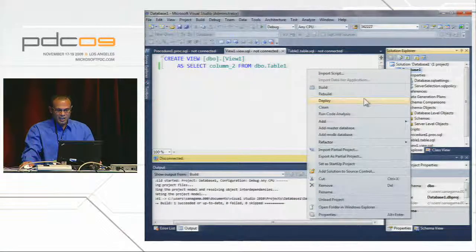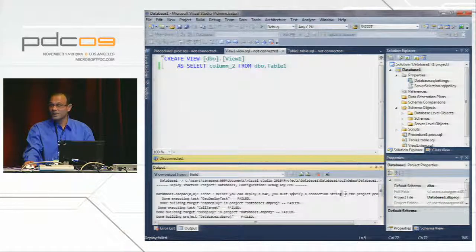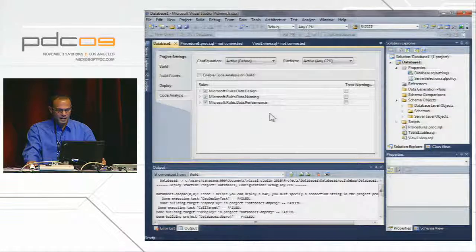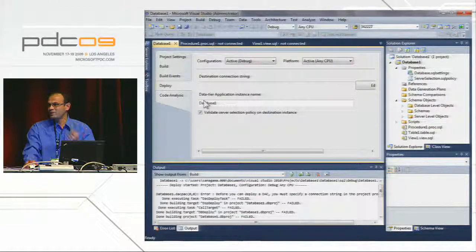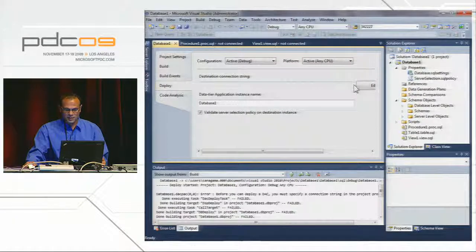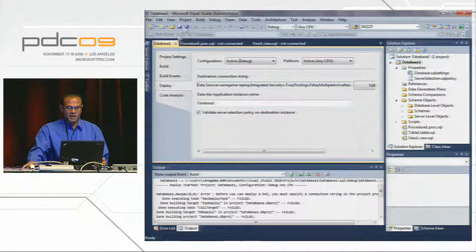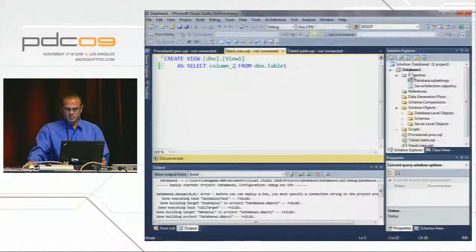I actually expect this deployment to fail. That's because I don't have a connection string yet. So I'll go add a connection string. And if you notice, we've made changes to the project properties page, which light up in data tier application projects. And I'll just go edit here. So now I have a connection string. Build again,